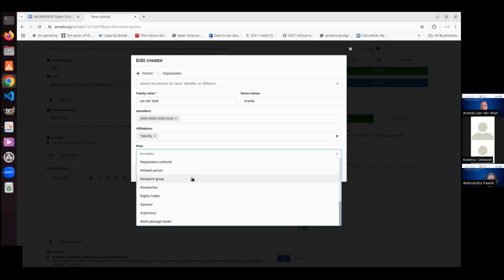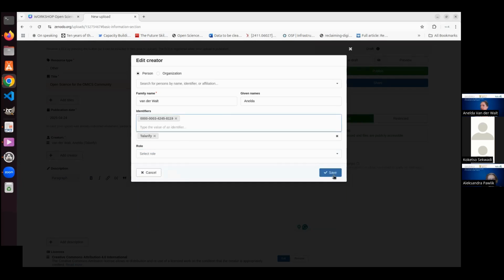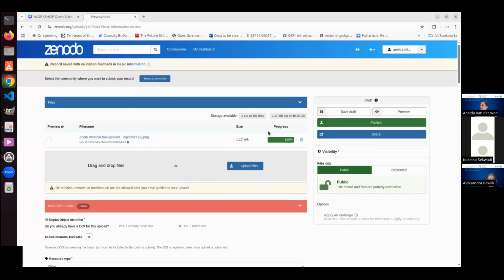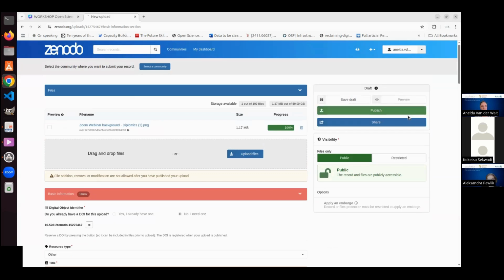And sometimes you might want to list a research group as the creator. You're maybe not going to list every person separately, but that's also a very, very good way to give credit to everyone who has contributed to a research output. So I can save it there. And now if I go to preview,